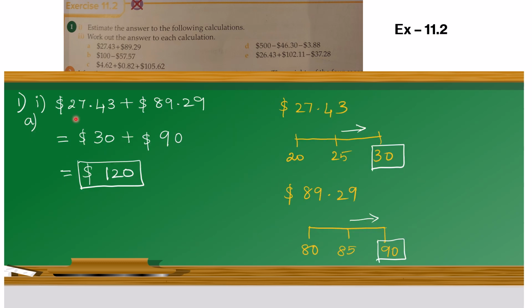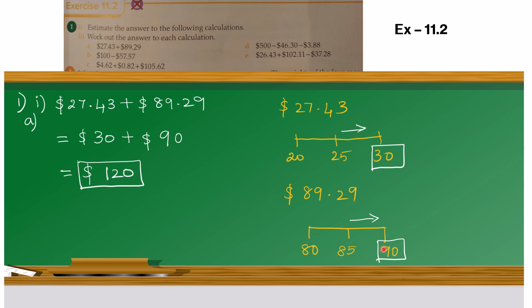Pay some $27.43 plus $89.29. Okay, so we do the estimation here. What is our first number? That is $27.43, right? Let's use the number line. So 10 ranges we have taken here. So 20 to 30. So the middle number is 25. Now our number is 27.43. This is above 25. So we have to take 30. So $30 plus